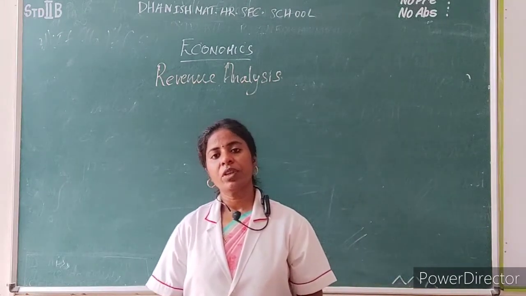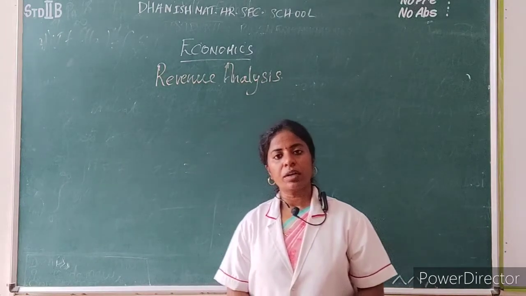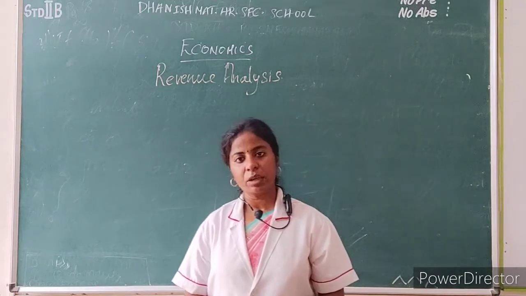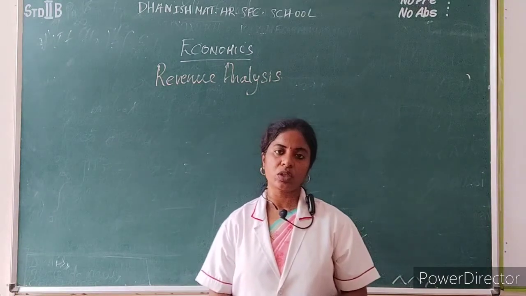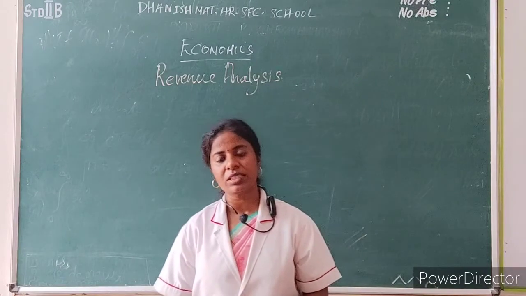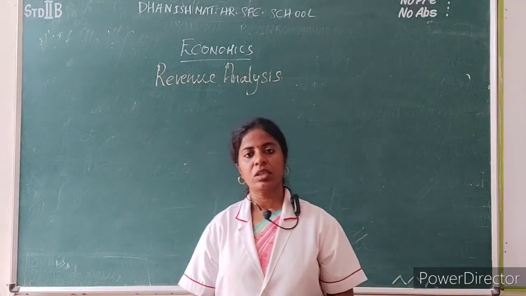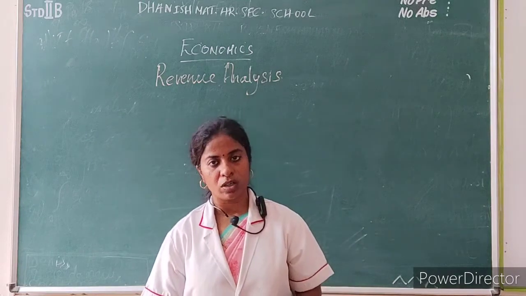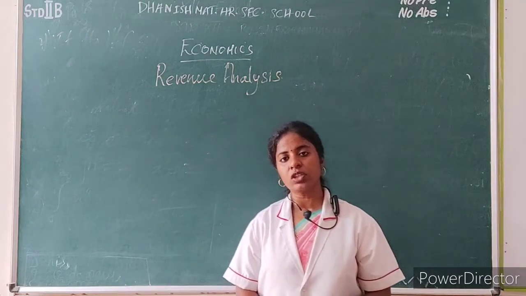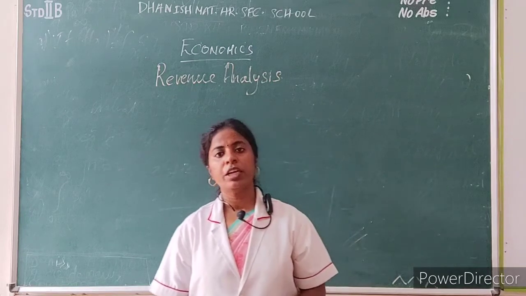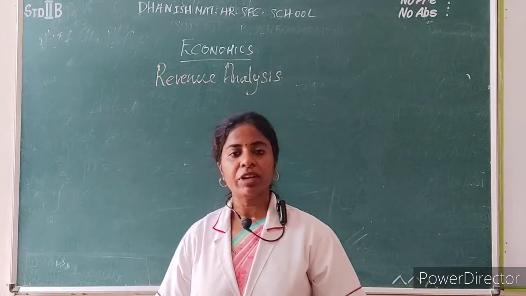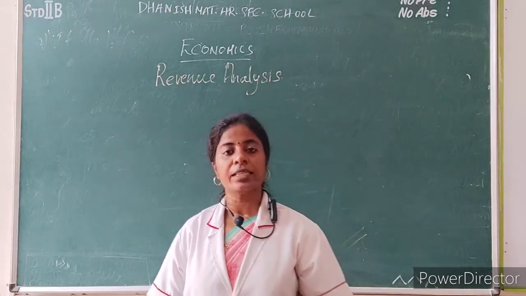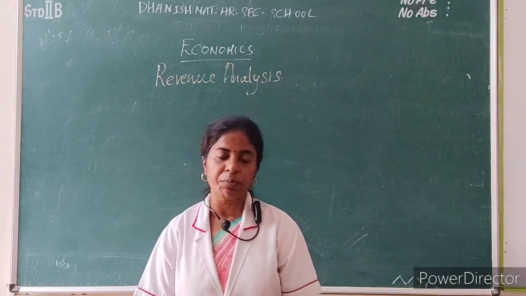Then we saw about the long run average cost curve. So it's a very important question, long run average cost curve. Long run average cost curve means all the factors are variable under the long run cost curve. This long run cost curve is also called a board curve. It is also called an envelope curve. It is also called a planning curve. It is also called a plant curve.